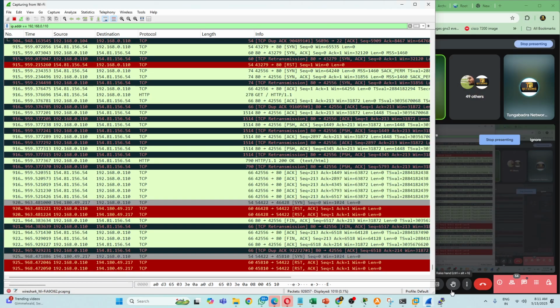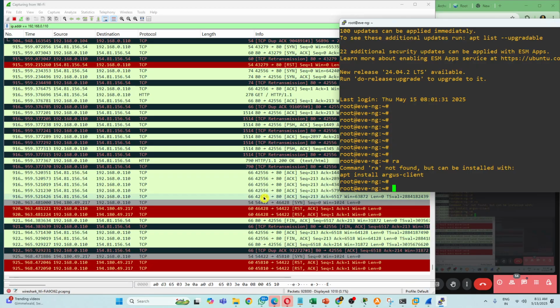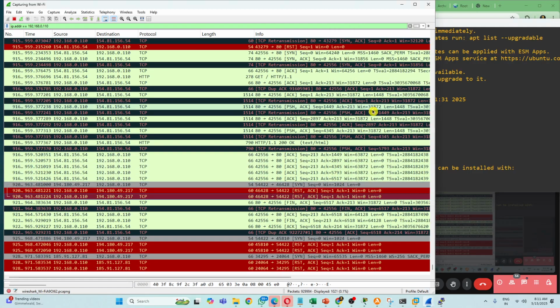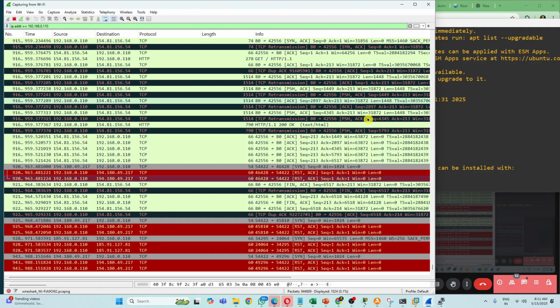Sir, if you are logging in to a remote PC, first we log in to the VM, so that will be one TCP connection. Usually in any client project, they first ask us to log in to the client server. From where do you log in? From my local PC. Use the local PC to log in there.